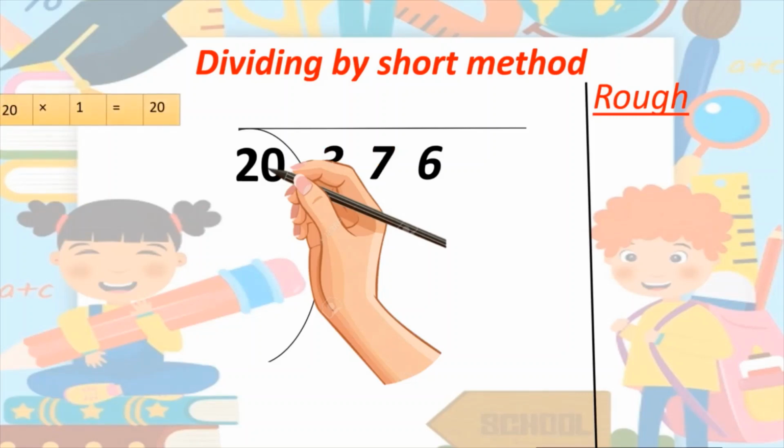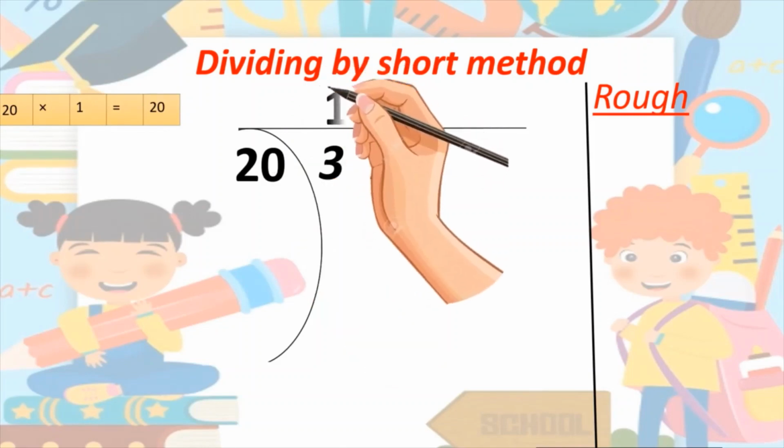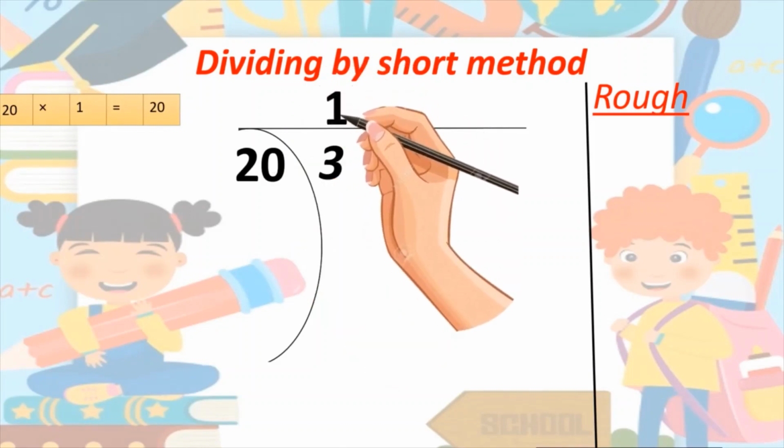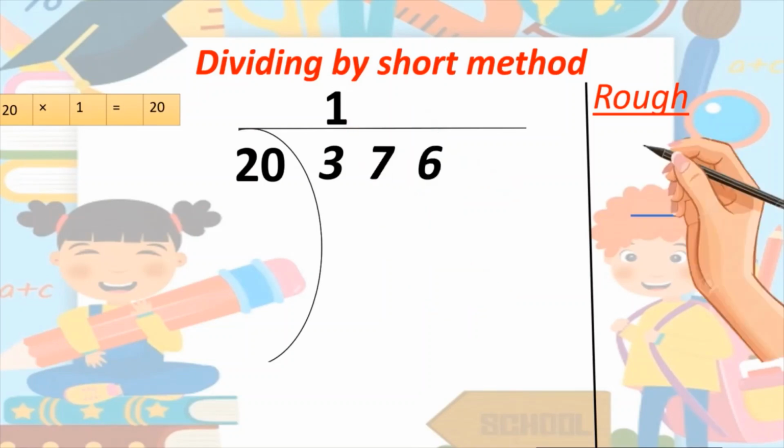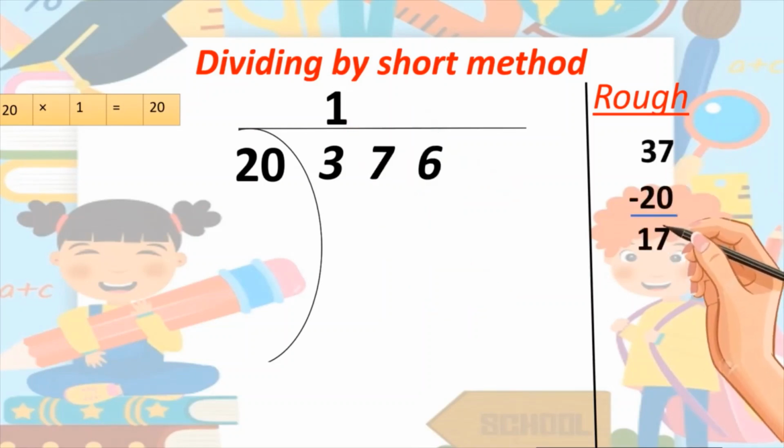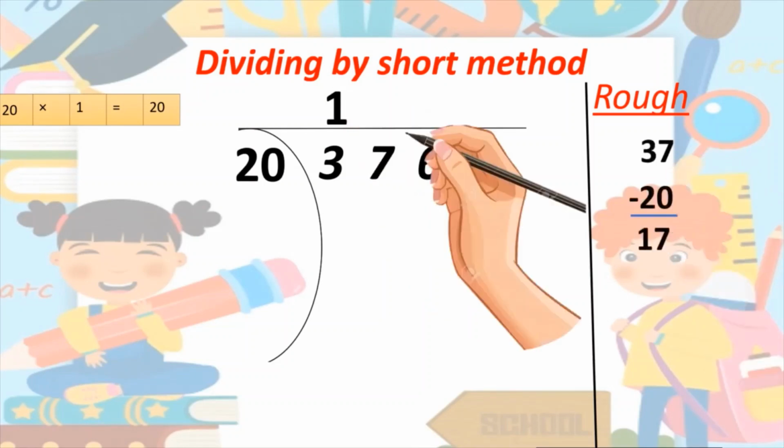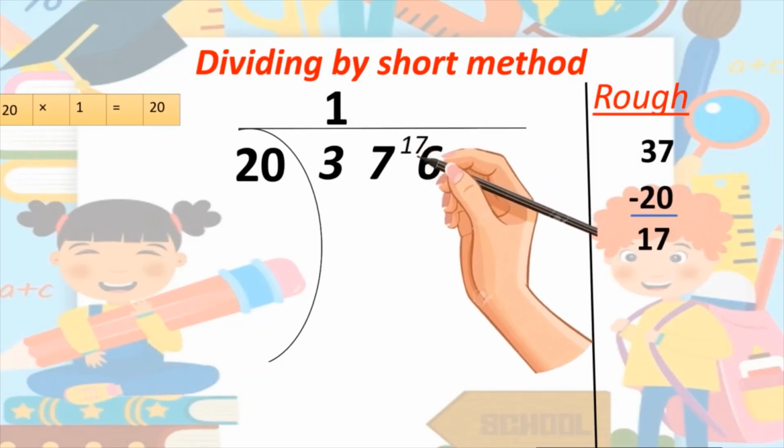So 2 1s are 2, 20. So in short method, we are not going to write anything below the dividend. We'll straight away solve it. 2 1s are 2. 37 minus 20 is 17. So we have 17 in hand and we add the next digit of the dividend and make it as